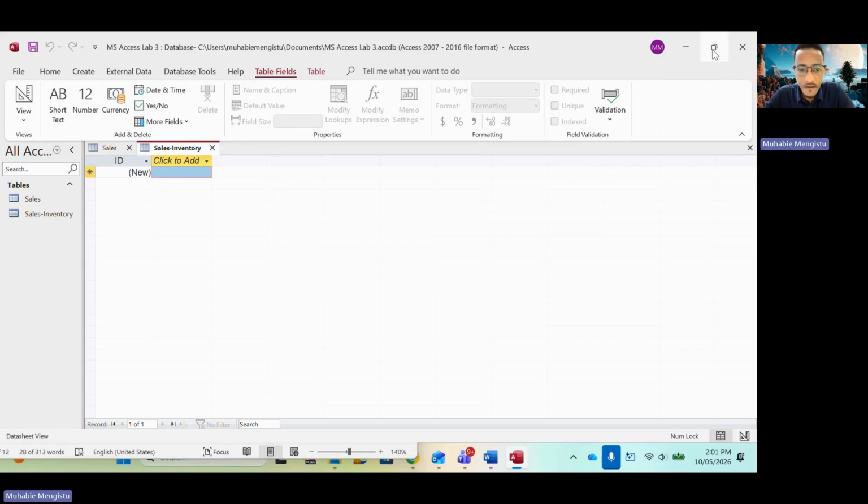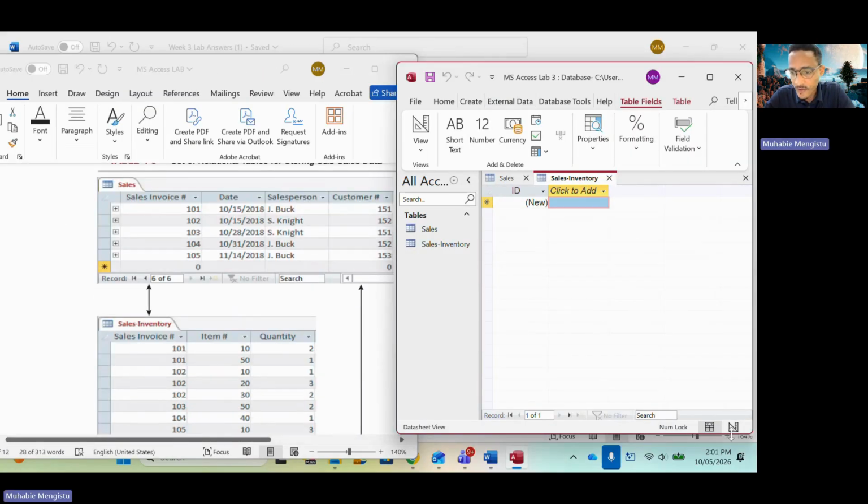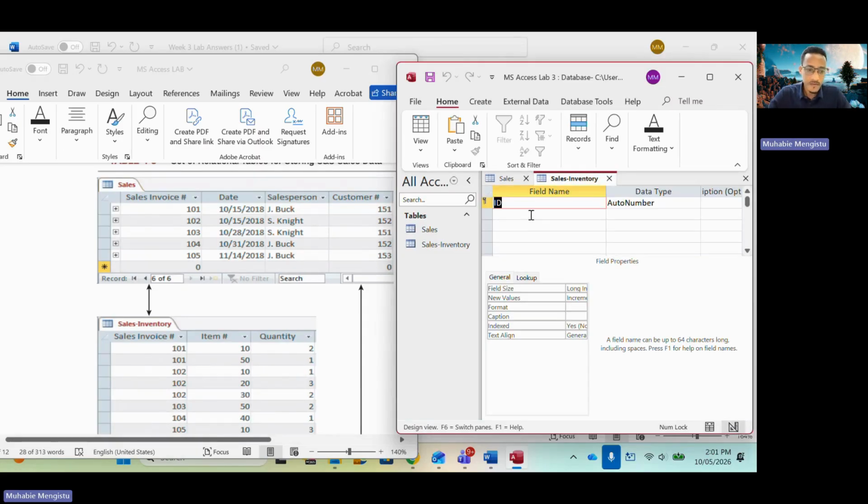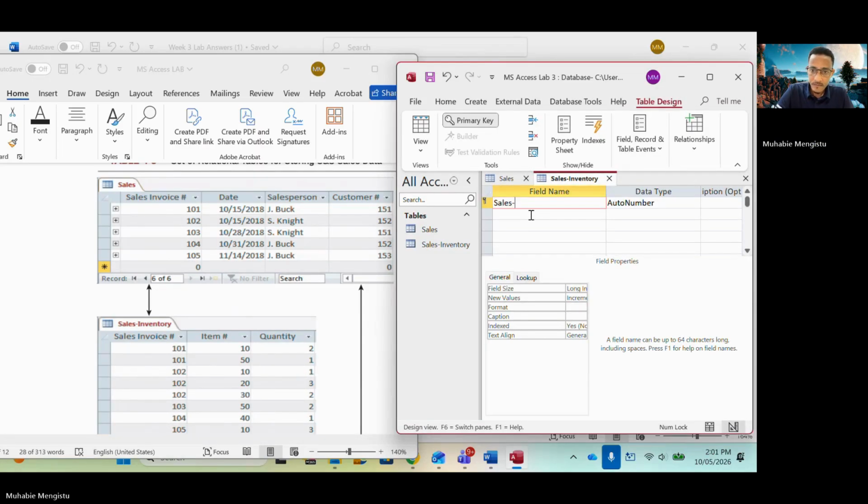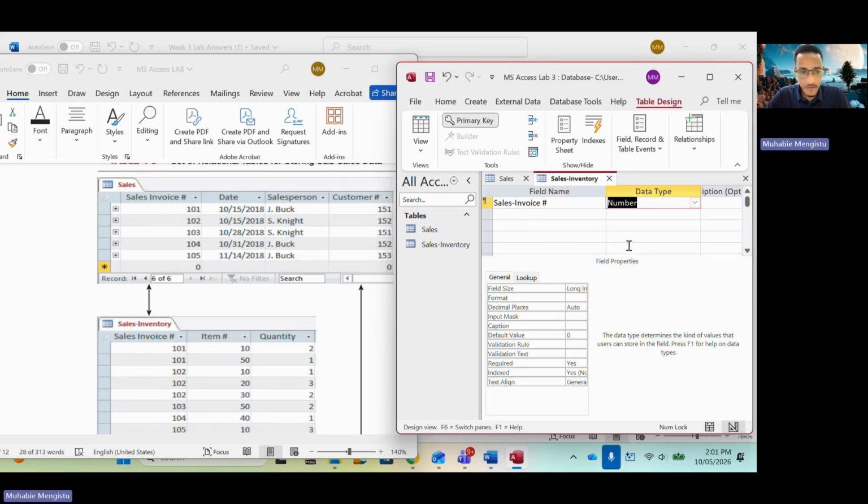Okay. Sales inventory table. So the same procedure, okay? We'll come to the design view. Sales invoice, let us change it to number. So this one, since it is repeated, let me just repeat this one. So the primary key cannot be repeated. It should be unique. The simplest example is